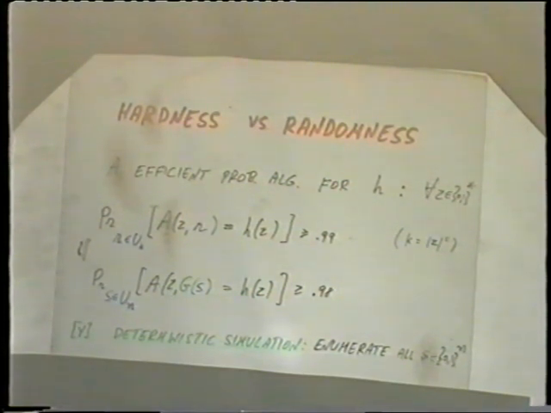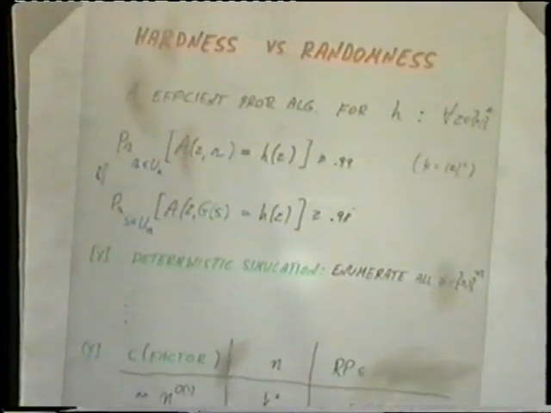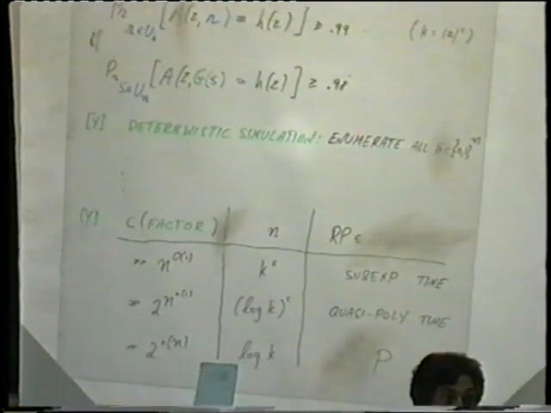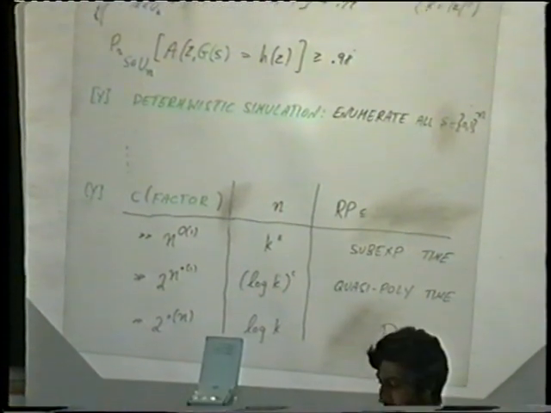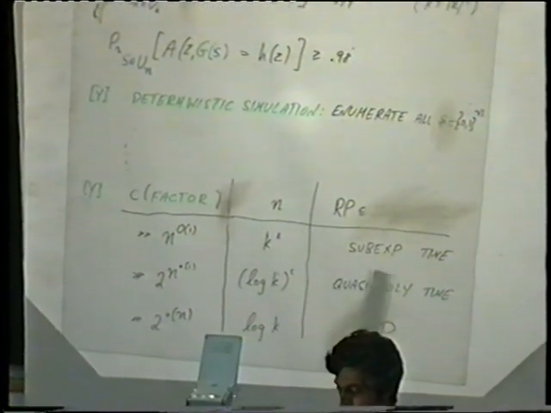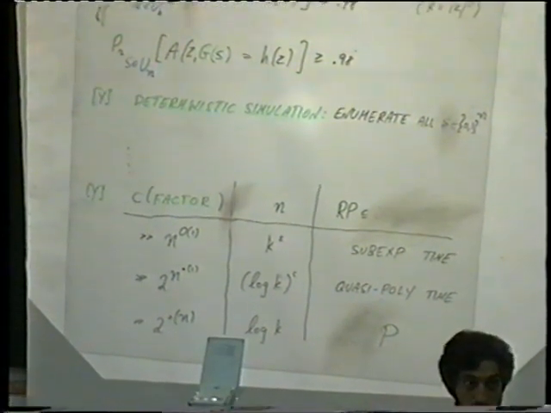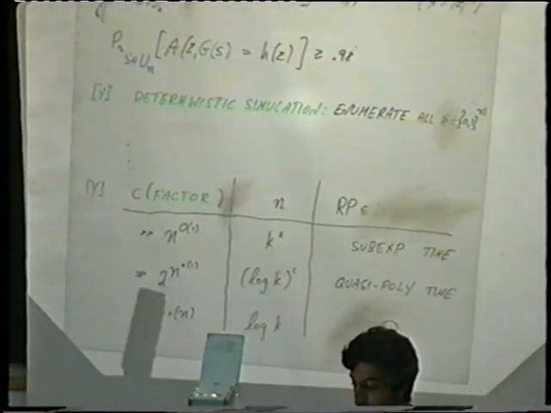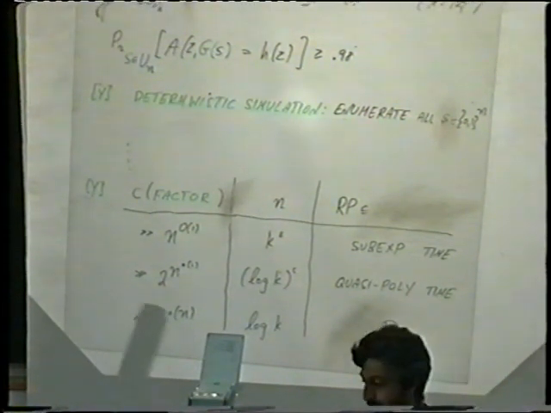So computational randomness depends on your hardness assumption. If factoring is not in polynomial time, you can take n to be k to any epsilon you like. And then every probabilistic algorithm, like the primality one, but any other one, can be simulated deterministically in sub-exponential time, much better than the trivial one. If this problem, like what we currently know about factoring, requires at least